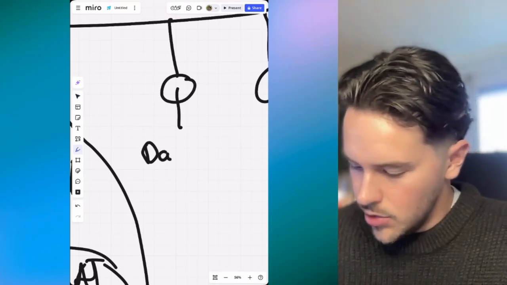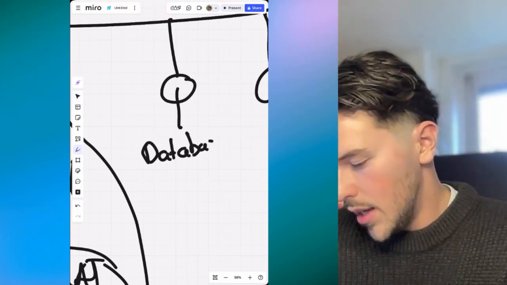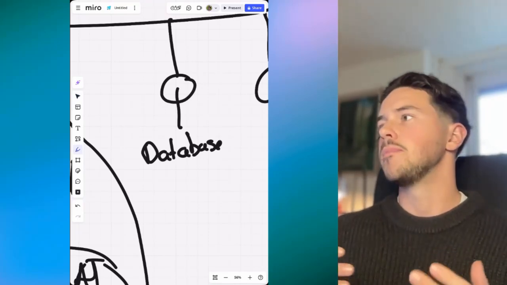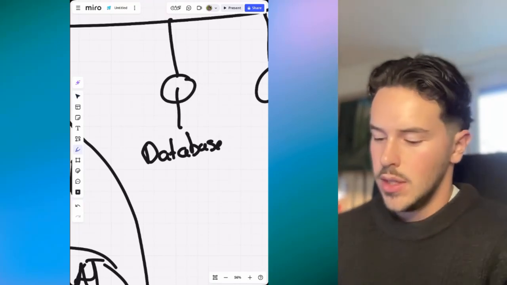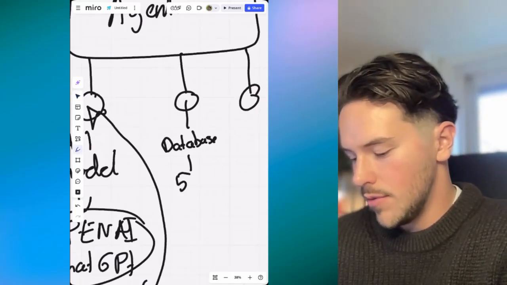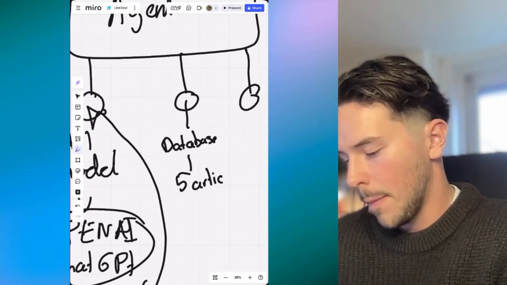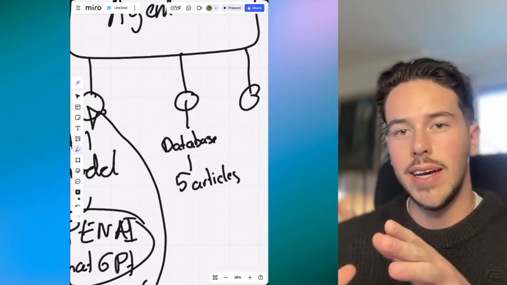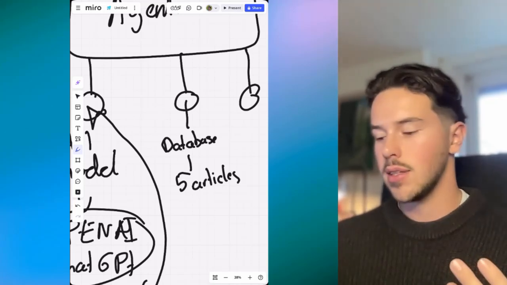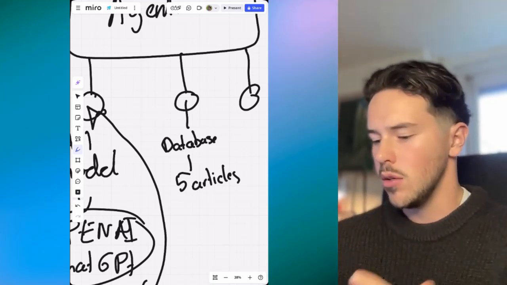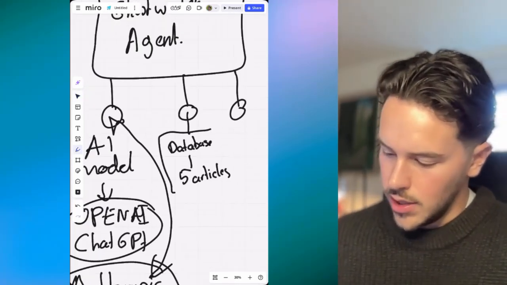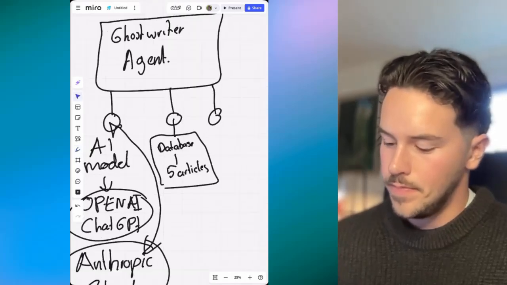On the second hand, we have a database. And now this is interesting because the database can also remember our past automations we fired at this one. So for example, if you write maybe five articles out of this one, it remembers in the database what we already built. So it can reference past blogs or past posts, so that it doesn't repeat itself after all. And that's what's nice about a database.